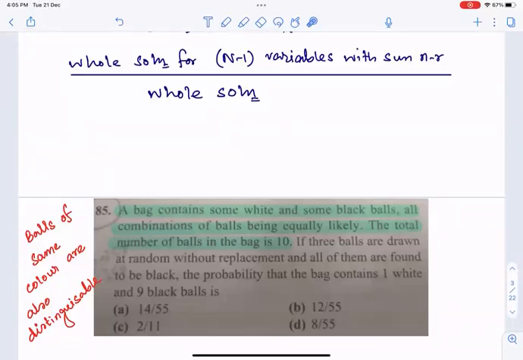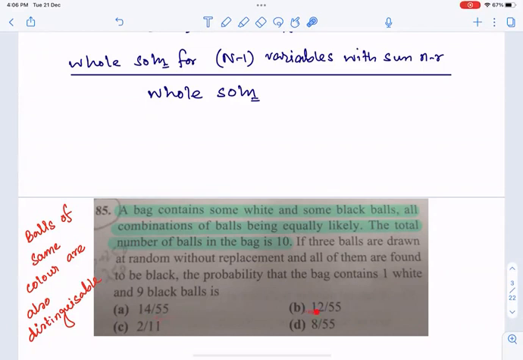And these 11 possibilities are all equally likely, meaning any such possibility will have probability 1 by 11. Now, if it is 1 by 11 and already 3 balls have been withdrawn and found to be black, if the balls of the same color are identical among themselves, then out of 11 possibilities, 3 possibilities have already been eliminated. That is 0 black ball, 1 black ball, and 2 black balls. Out of the remaining 8, 1 is favorable. So if we consider it that way, the probability should have been 1 by 8.